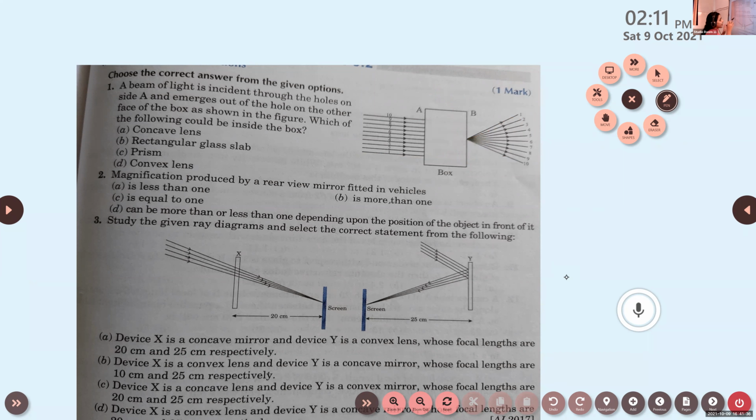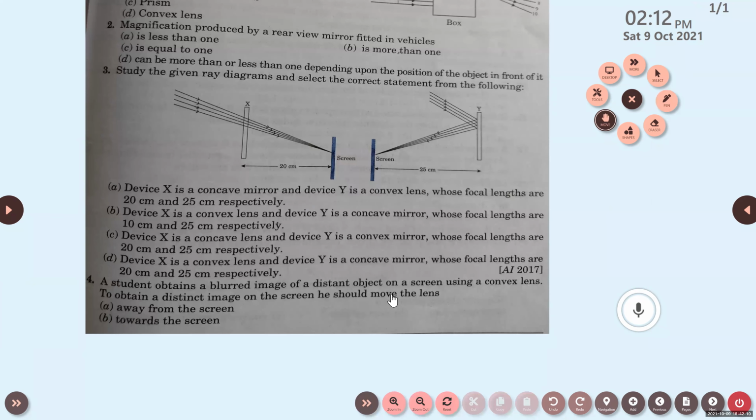We did not carefully observe the image which is emerging out. So here the ray of light is 10. After the emergence, its position is here, exactly opposite. Similarly, the ray of light is here. It is coming in this pathway 1. After converging to a point, it goes through this direction. This is ray 1. So actually, the material that is kept inside the box is a convex lens. It is not concave. Is it clear?